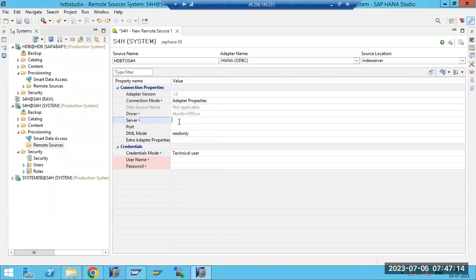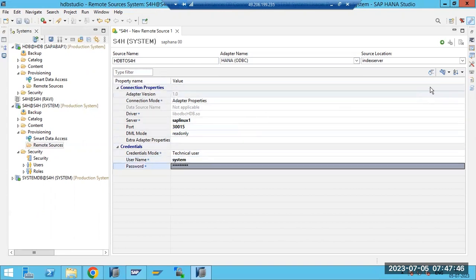Then here you need to provide the server details. Our server is SAP Linux 1, that is the SAP database. Normally you guys are using SAP HANA. What is the port number? It is 3, then instance number 15, where the instance number is 00. What is the username? Now we can use the system user. Normally we should not use the system user everywhere; we should create a user for this. But here we are using the system user. I have filled the template here. Just click on